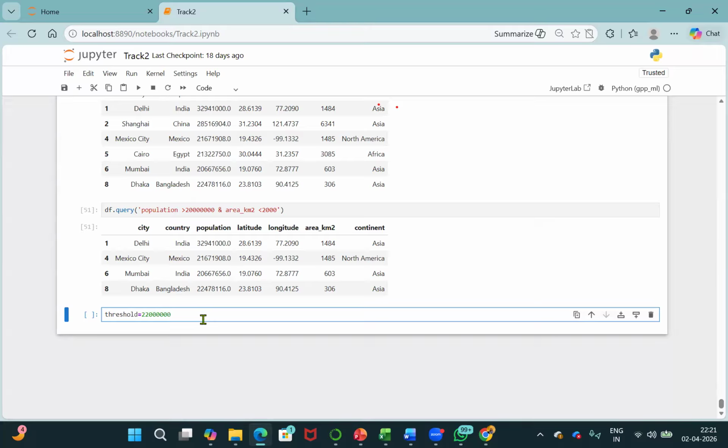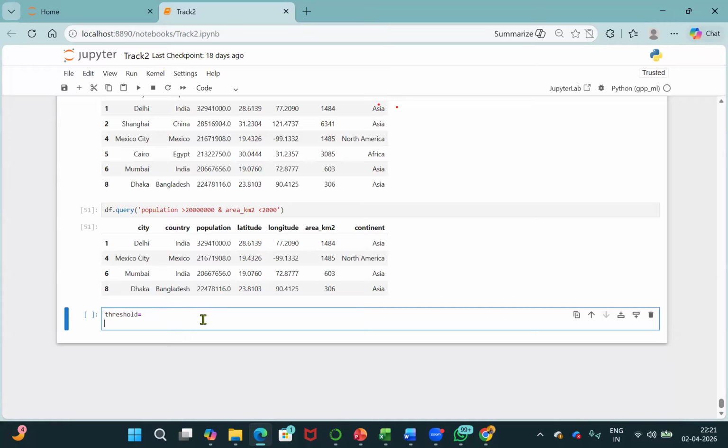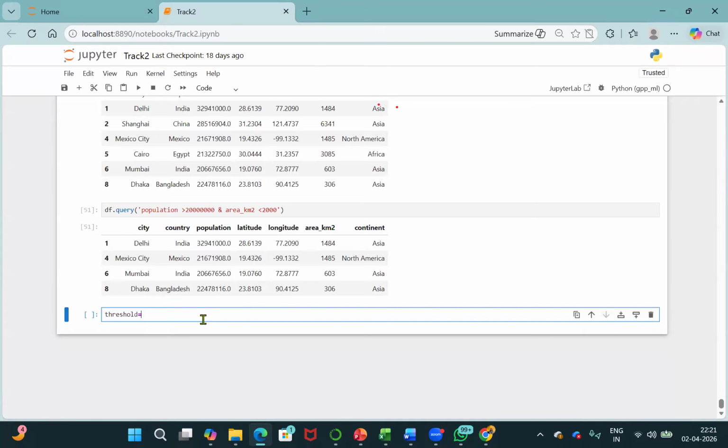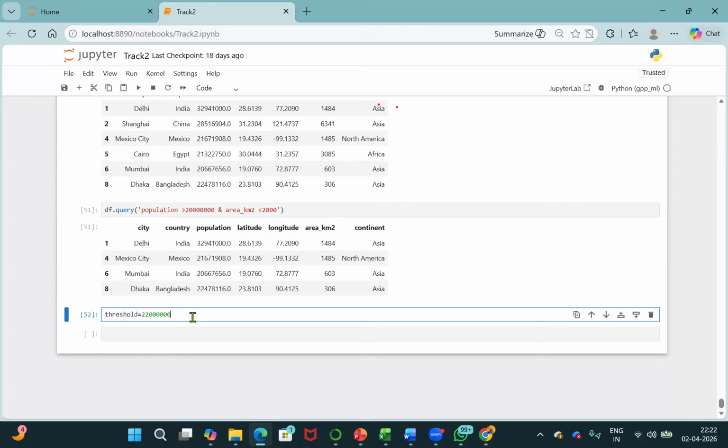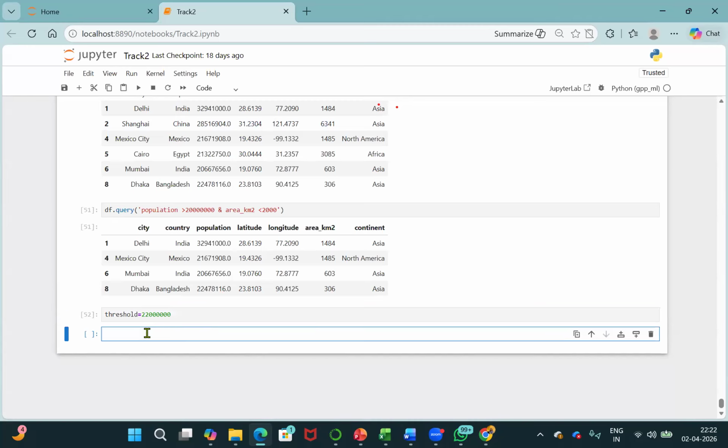Okay, this is my threshold value. And I'm saying df, let me run it again. You can do Control Z, so you will get your old values back. Control Z is for undo. So df dot query,